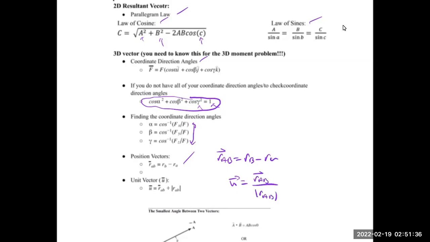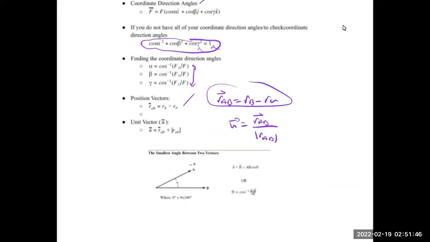So after you find this thing in Cartesian vector form, turn that into a magnitude form, and you guys know how to do that. And then